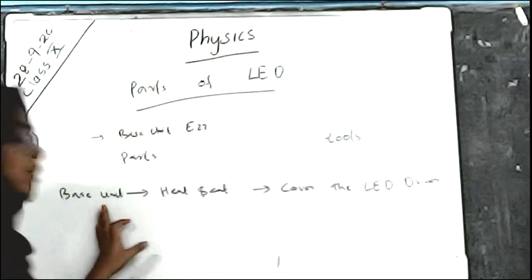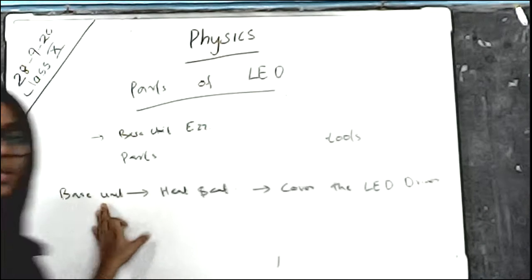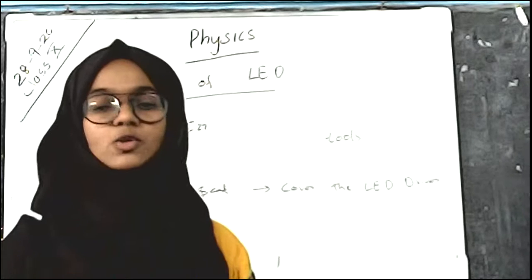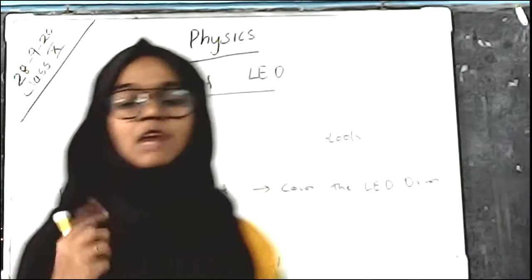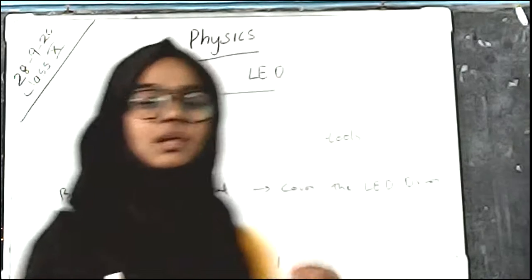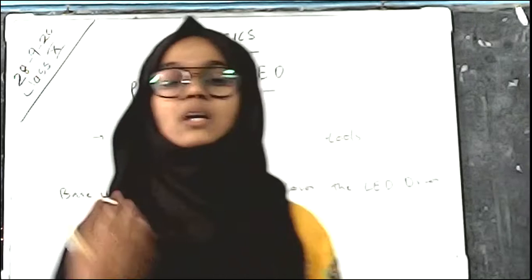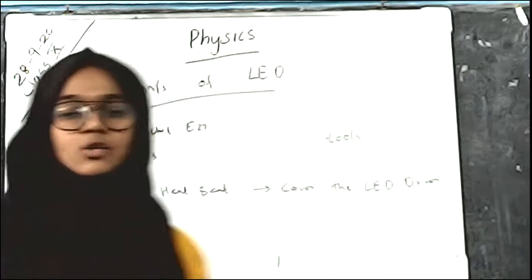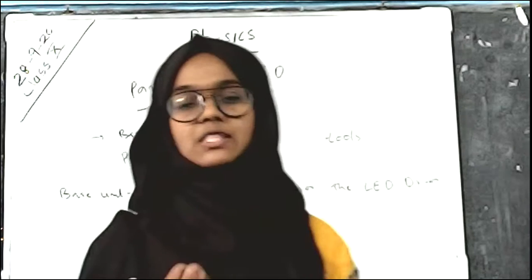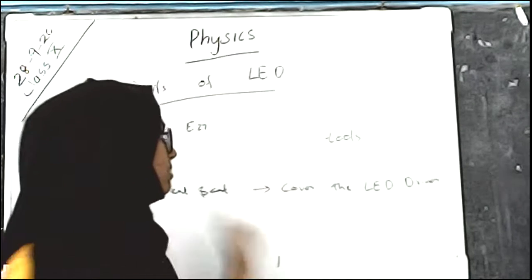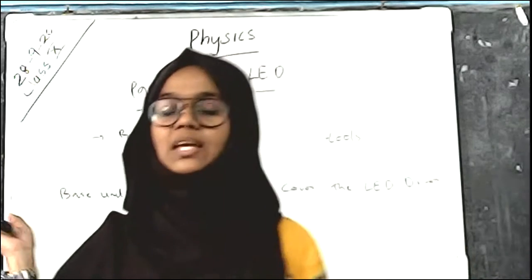So first of all, we are making the heat sink and the base unit come closer. We punch the heat sink to the base unit, and we make the first portion, that is the heat sink base unit portion. And making this, we cover the LED driver using an insulation tag, but the input and output wires are visible. And then we connect the LED driver with the first part, the heat sink and the base unit part.